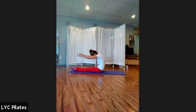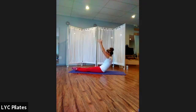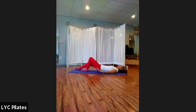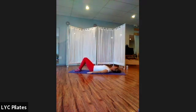So arms are reaching forward. Now as you go down, the arms come up to the ceiling. We're gonna roll it down, pull that belly in. That belly is gonna help you slow it down when you feel like you wanna fall to the floor. And arms are gonna press beside us. And we're gonna bridge. So we'll put those two things together here, but let's just bridge to kind of release